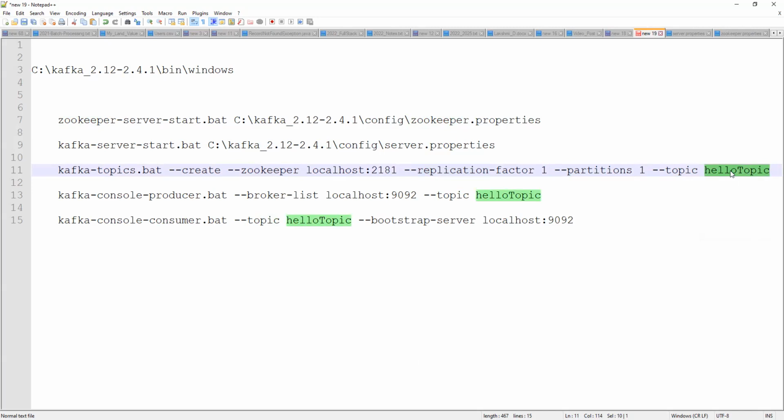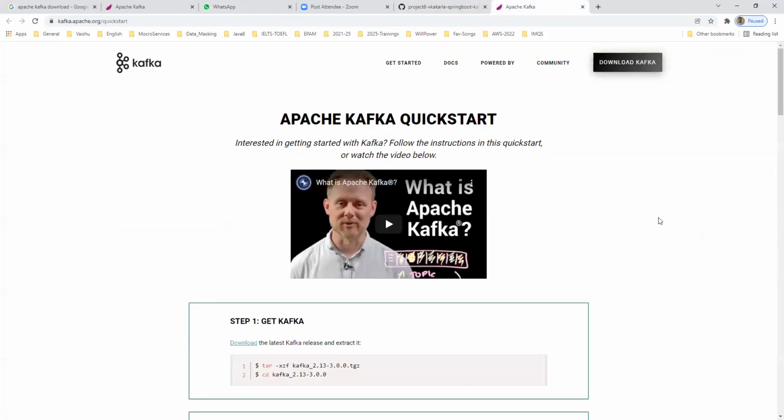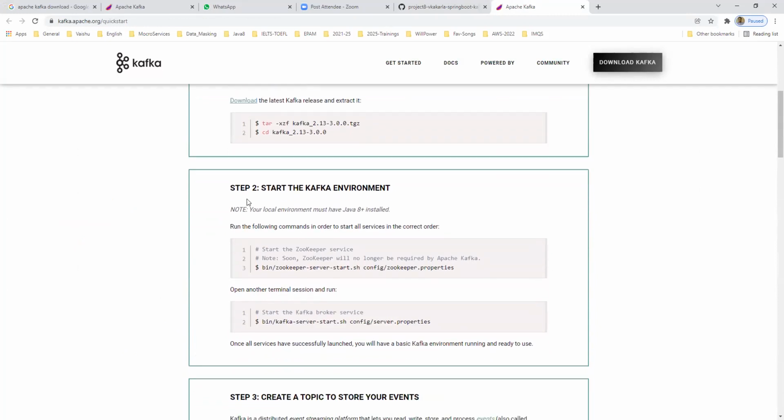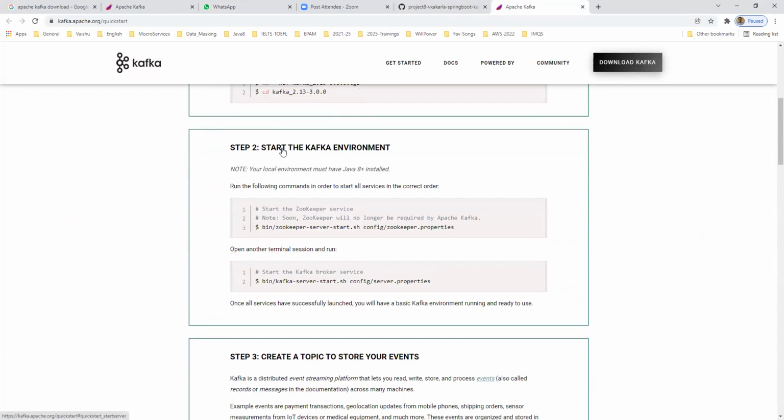If you know the exact behavior and components of any software, you can create these. So how do I know these things? We have the download Kafka page here. We can download Kafka and see the get started section. After Kafka, you need to set the environment variables like this.